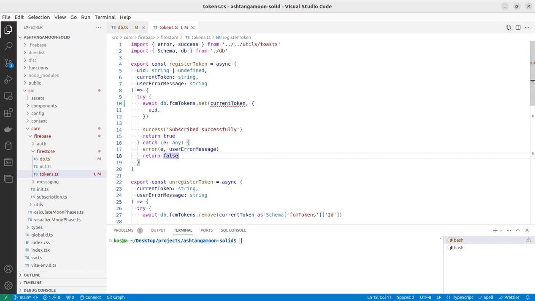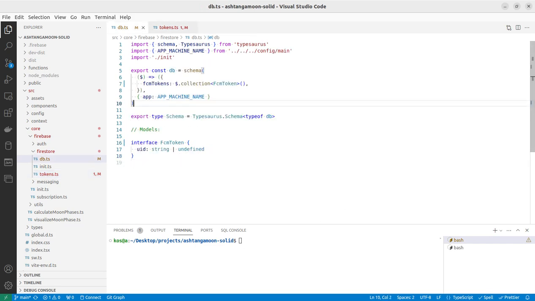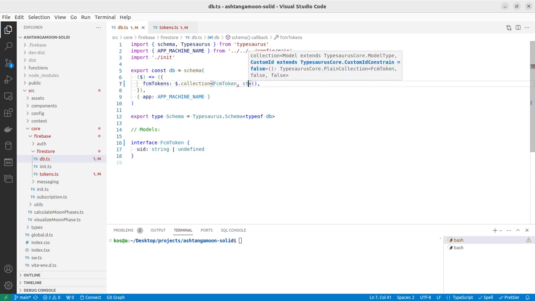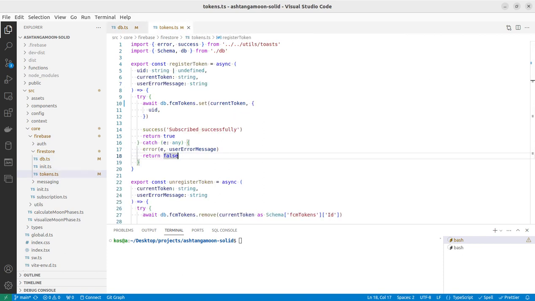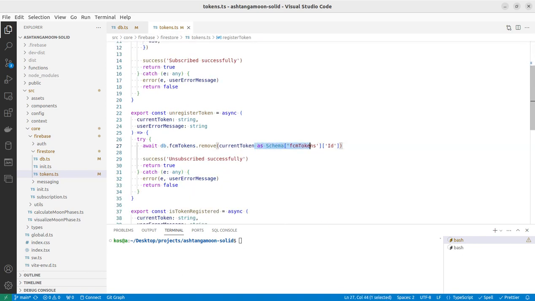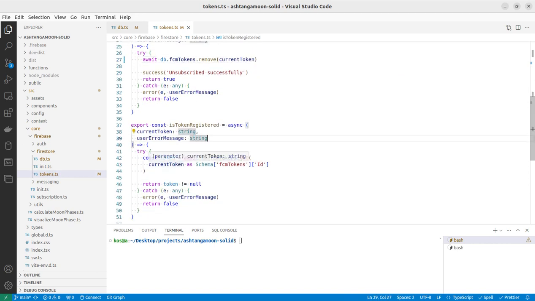And to avoid that, I'm going to explicitly mention the type of IDs for this particular collection. It's going to be string, and I'm going to pass it as the second parameter to the collection function type. So now you see that it's not highlighted here, so I can remove all explicit typecasting from all the functions